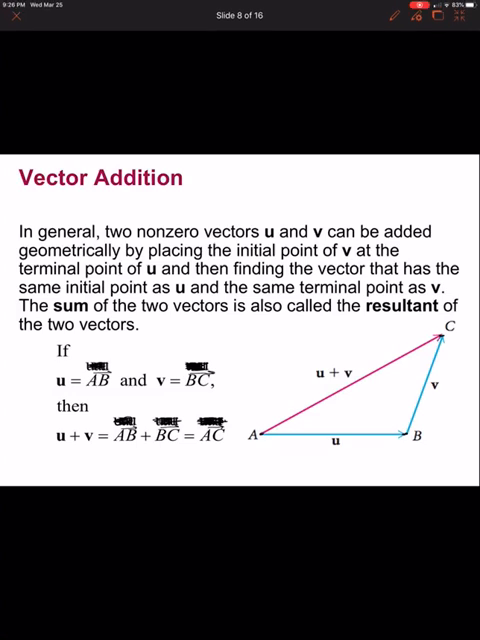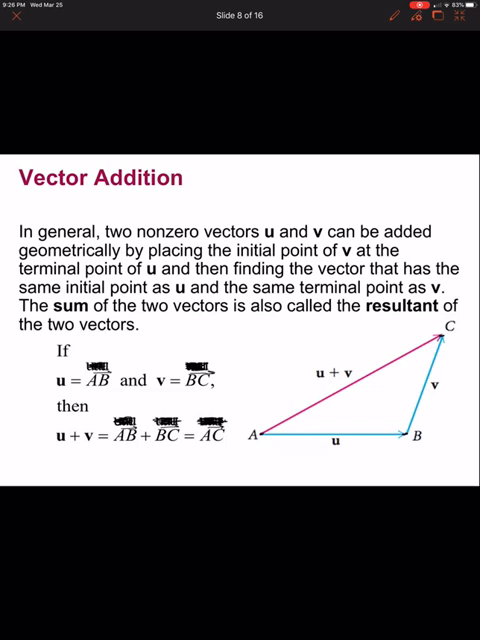All right, we'll take a look at adding two vectors, vector addition. We're going to look at what we'll call the tail-to-head method here at the beginning, and then we'll look at our parallelogram method. It says here in general that two non-zero vectors, say vectors u and v, can be added geometrically by